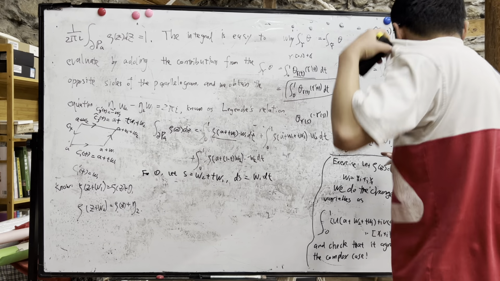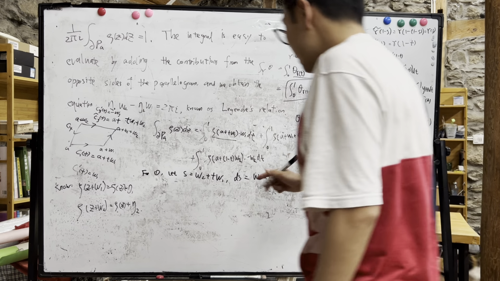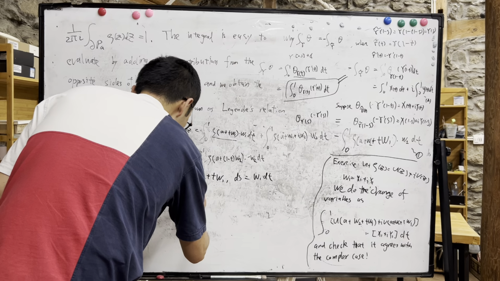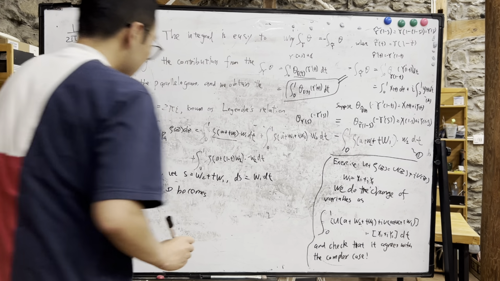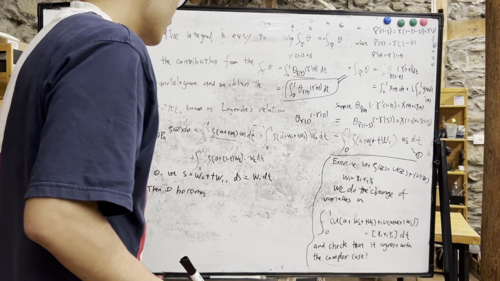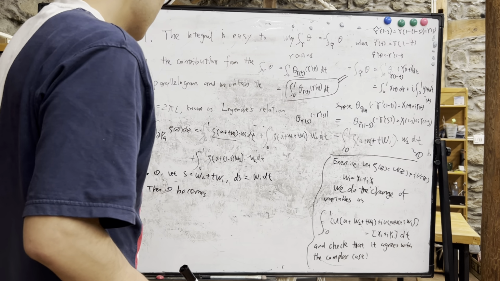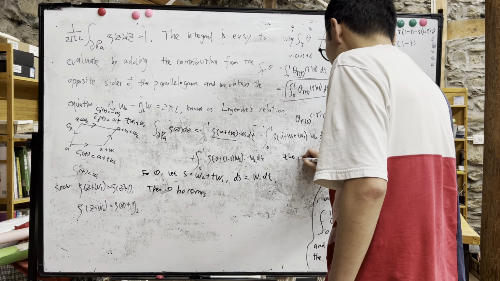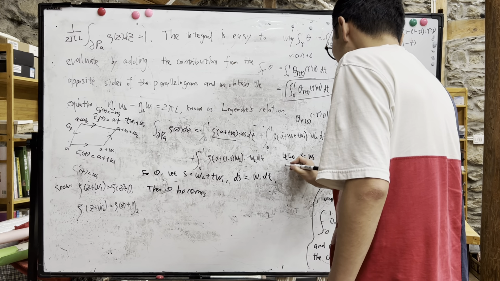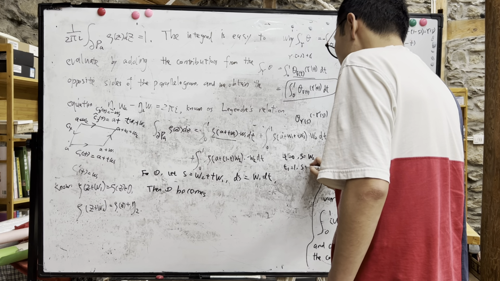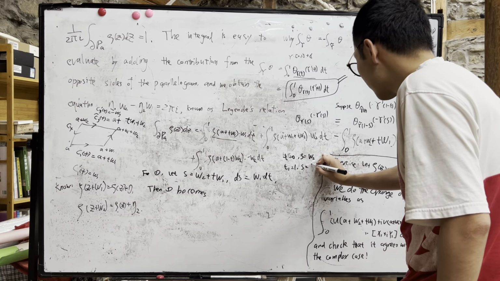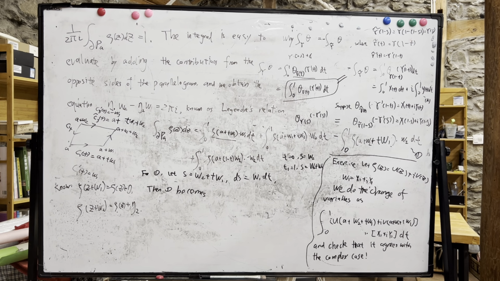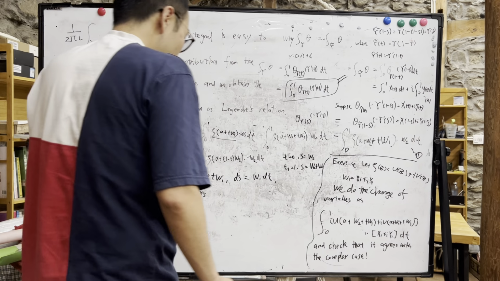And then, what happened is that, when t is equal to 0, s is equal to omega 2, and when t is equal to 1, s is equal to omega 2 plus omega 1, right? Okay, so then 1 becomes